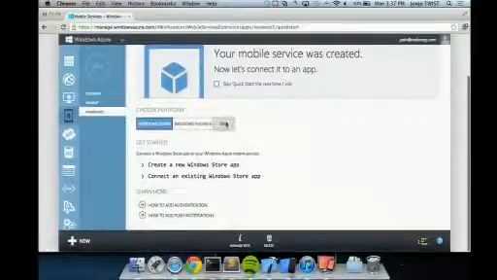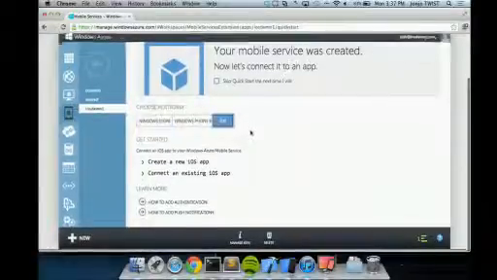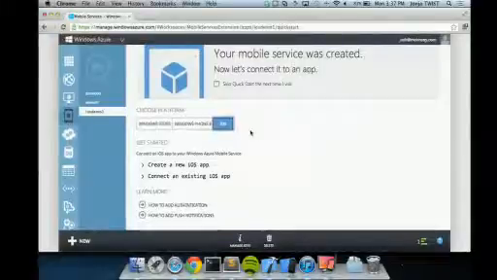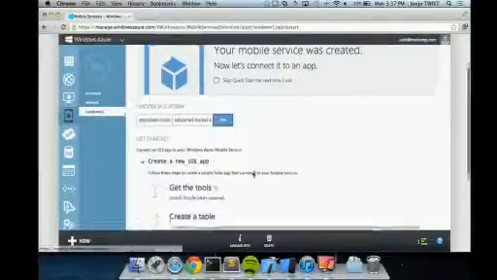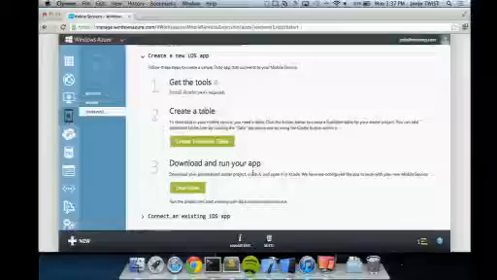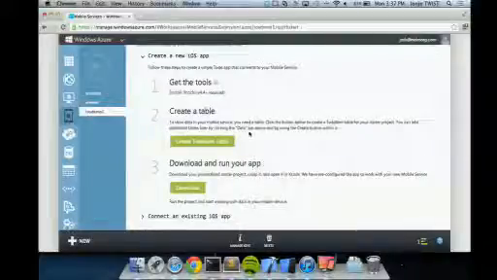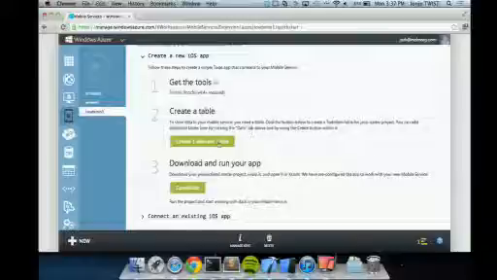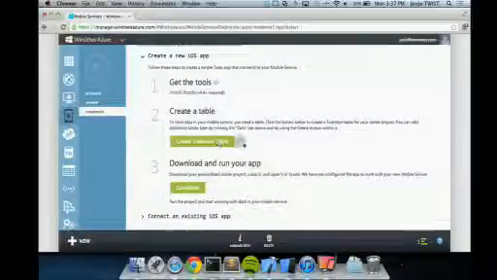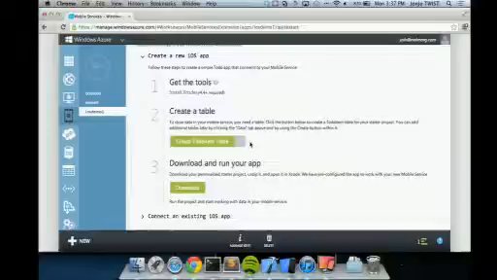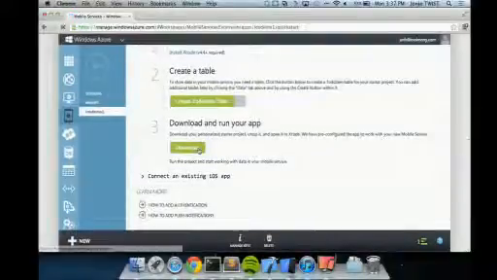OK, so if I click on the name, I'll be greeted by our Quick Start, which lists all of the platforms that we support, including iOS, and it's a short guide that helps me get my app connected. So I'm going to follow this guide here, which is going to help me create a new iOS application, and it's going to help me build a to-do list app. And the first part of any to-do list app is to create a table to store your to-do list items. So I'm going to click that to create the table right here,